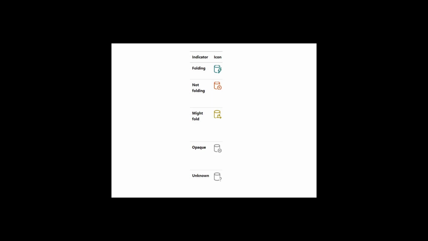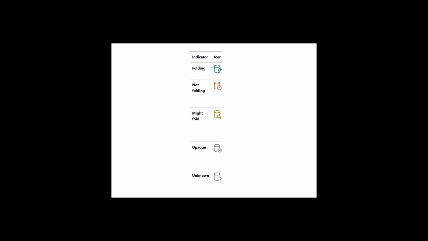And then finally we have two cases, opaque and unknown. Both are cases where it can't determine whether the step can be pushed down to the data source. In the case of opaque, the execution plan is determined, but it is not sure whether the same step can be done at the data source level.